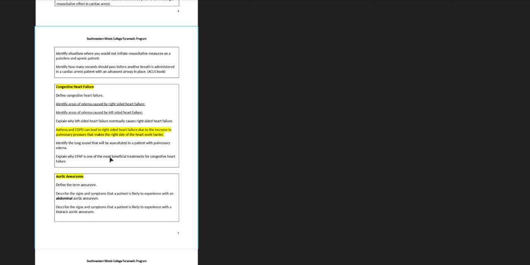Explain why CPAP is one of the most beneficial treatments for congestive heart failure. So CPAP increases the pressure in the lungs. So the problem with pulmonary edema, so we have our lung here, and we've got some water at the bottom. So the problem with pulmonary edema is that there's no gas exchange taking place at the bottom here, and we need more surface area. So what CPAP does is, because it increases the constant pressure, the continuous positive airway pressure